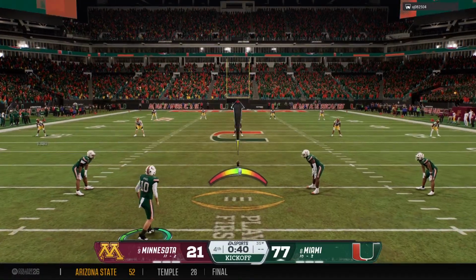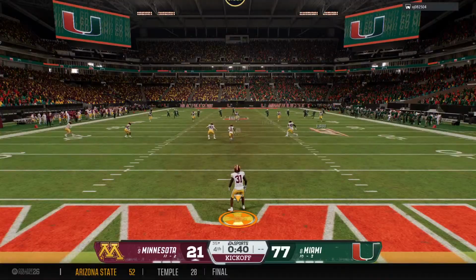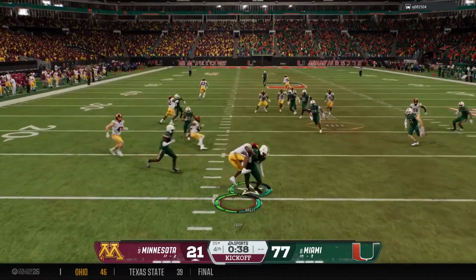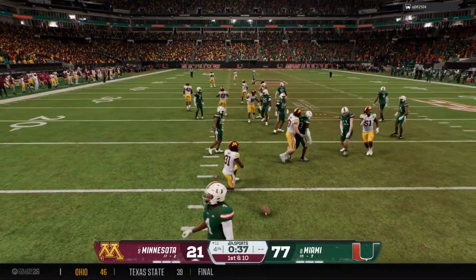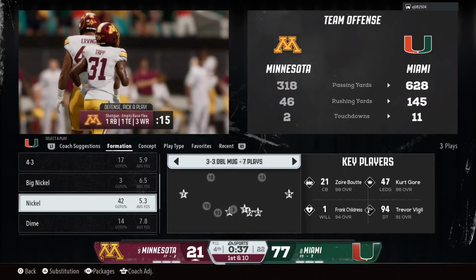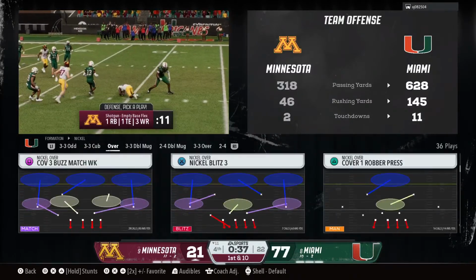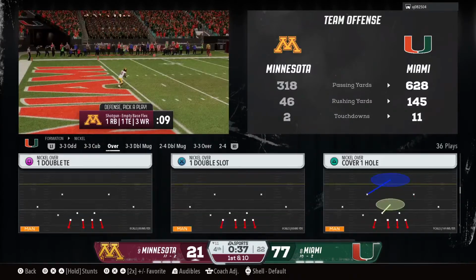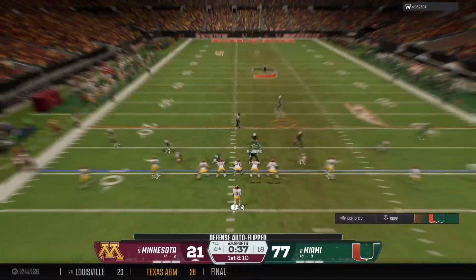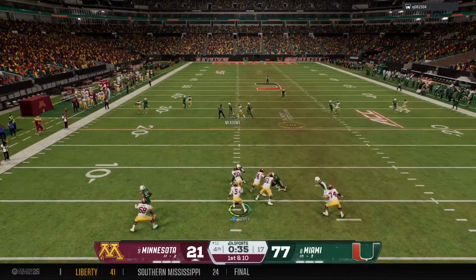Got momentum after scoring that touchdown. Now the kickoff team out there to kick it away. Minnesota, 21. He's going to try for a return from a couple yards deep in the end zone. And the returner is brought down. Here's the first play of the drive now. They begin from their own 11. Looking to pass. It's Harper.